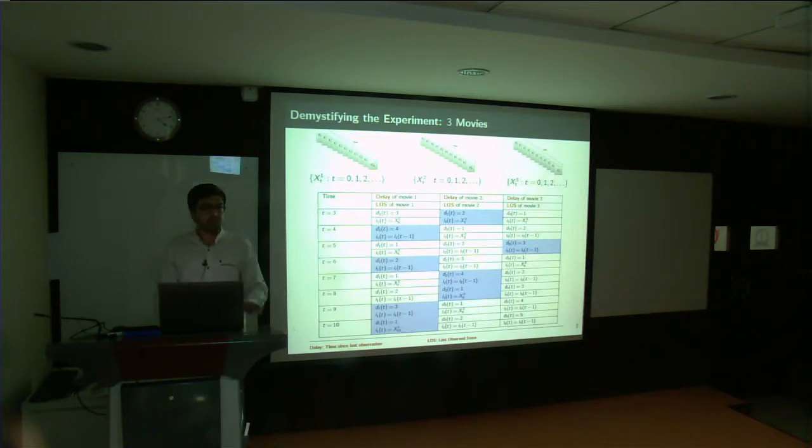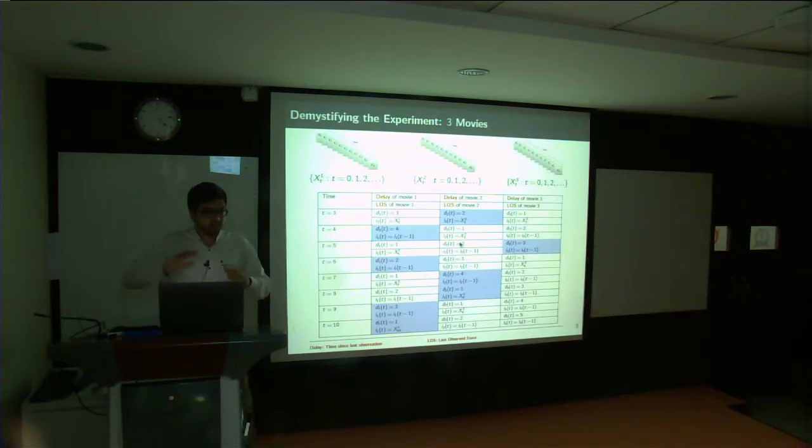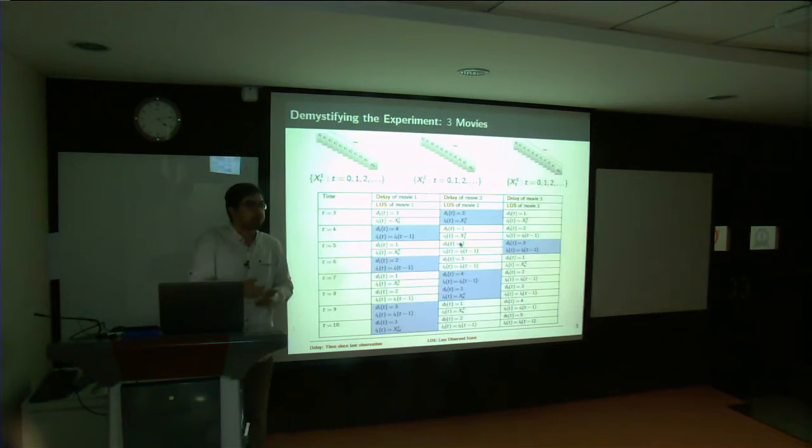So this will be useful at a later point of time. I'll come back to this. These are the notions of delays and last observed states. Just have this in your mind. There's a certain evolution of these delays and last observed states according to this rule. Whenever you don't observe, delay increments by 1, and the last observed state is whatever last information you had retained about that movie. Whenever you observe, its delay is immediately updated to 1, and its last observed state is updated to whatever you observed just before.